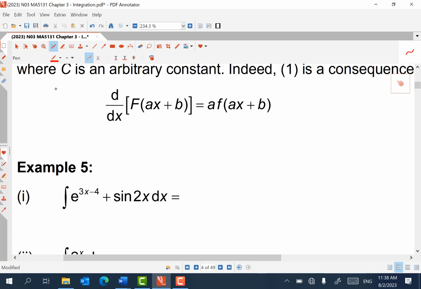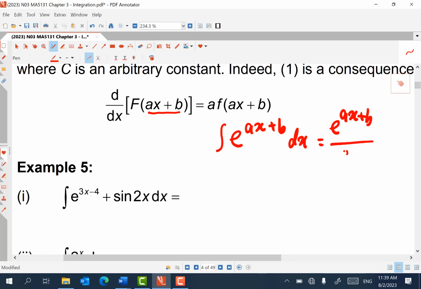Usually for this kind of thing, right, when there's involved a x plus b, right, you want to know that in this e to the power of ax plus b, which is a simple formula that you learn in the lower year, there's a formula that looks this way. This is a simpler version of the Formula 5 that I wrote down for you last time.